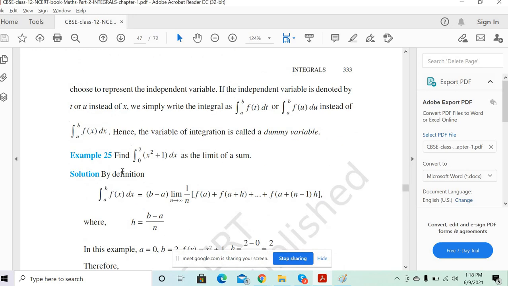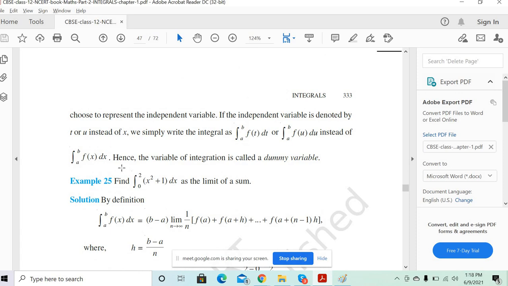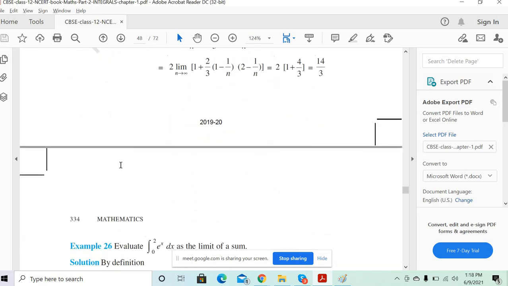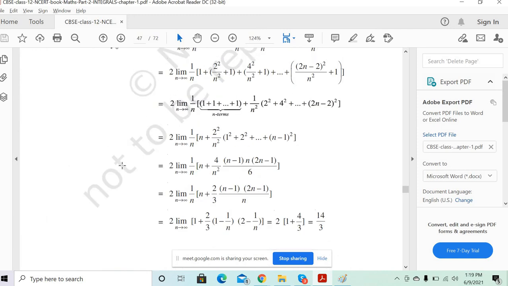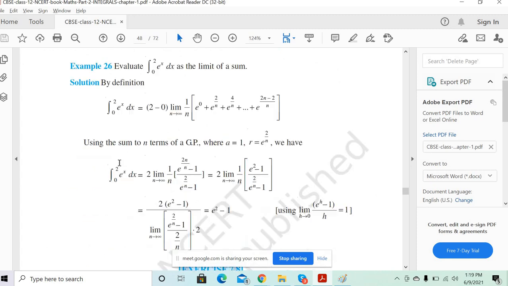Just revise it, so it will be very easy for you, because the questions are easy, nothing difficult. The only thing you need to understand is what is called limit of sums and how we exactly do it. If the concept is clear, then everything gets clear to you, because the calculation is easy. It is just e power things, the summation of sequences only.